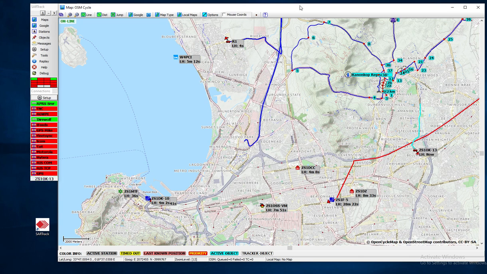So SARTrack, the SAR part of it is search and rescue. I've got this one in ham operator mode at the moment. There's a full search and rescue mode which offers additional information for managing people, teams, equipment, capabilities, a lot of other interesting information. But what I wanted to show you was that this tool can be incredibly complex. You can delve into an incredible amount of detail, but you can also use it at a very superficial and